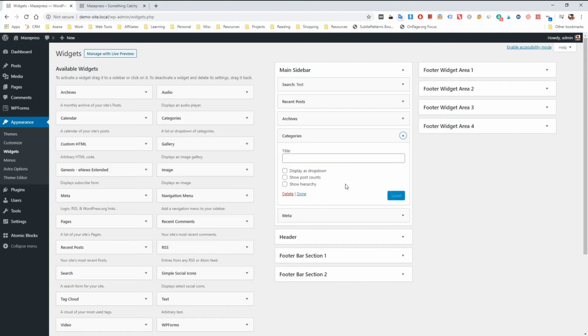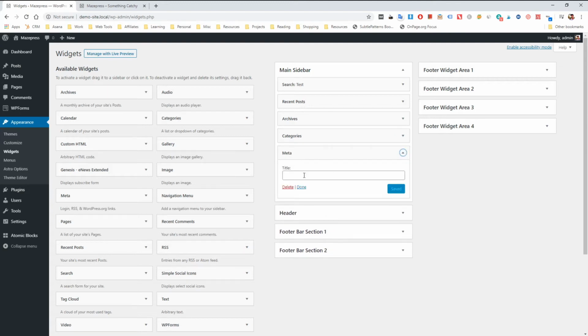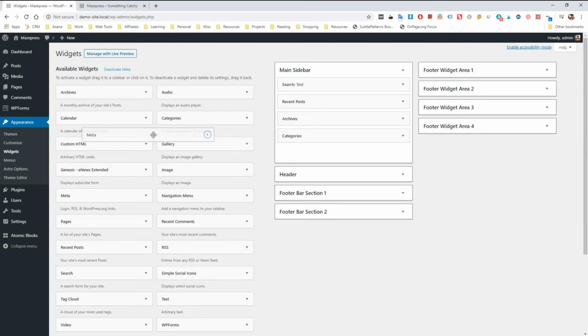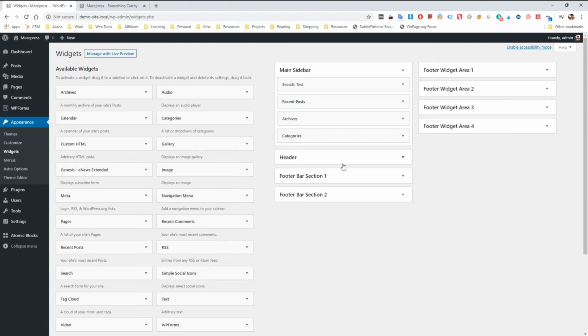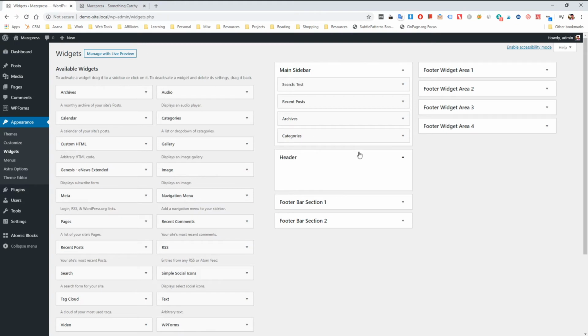Categories again, similar to archives. The meta box isn't one I recommend, it just contains a load of WordPress links. The header's empty at present. We have a look. I would add a widget into the header somewhere. Footer bar section 1